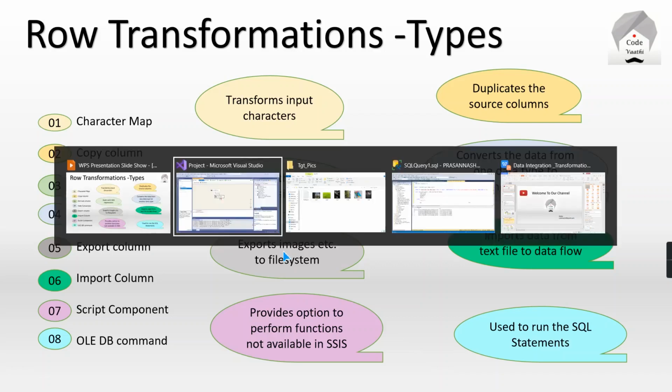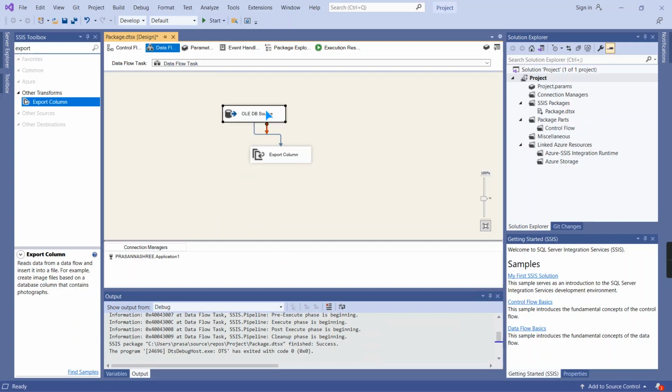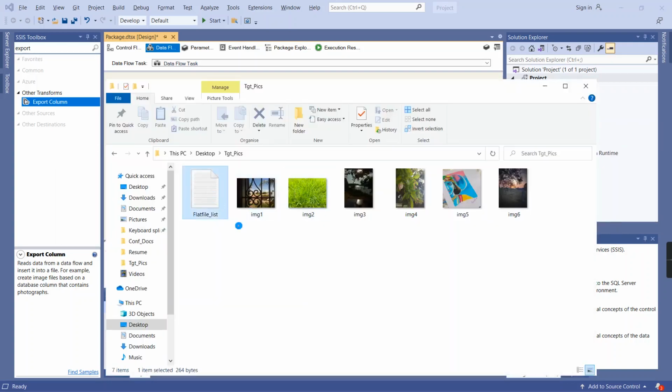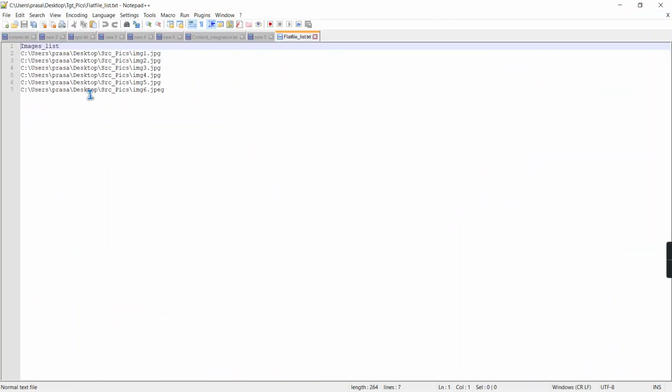We'll see how to do it. I have already provided the file name list, the images list. Under the src_pics folder I have some images. I need to load this blob content into the target database.